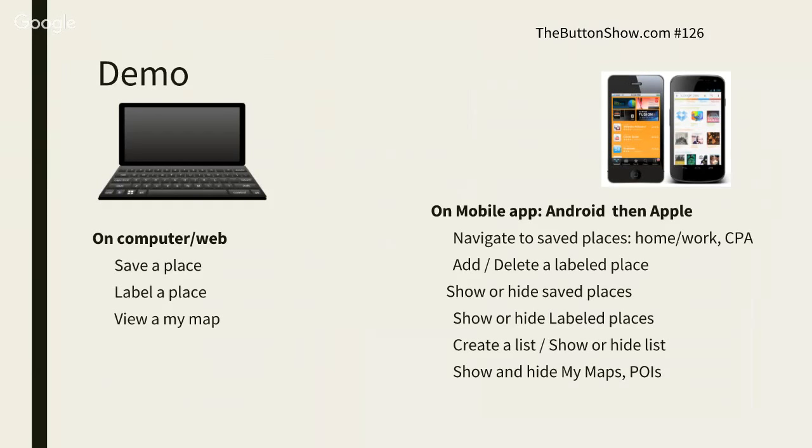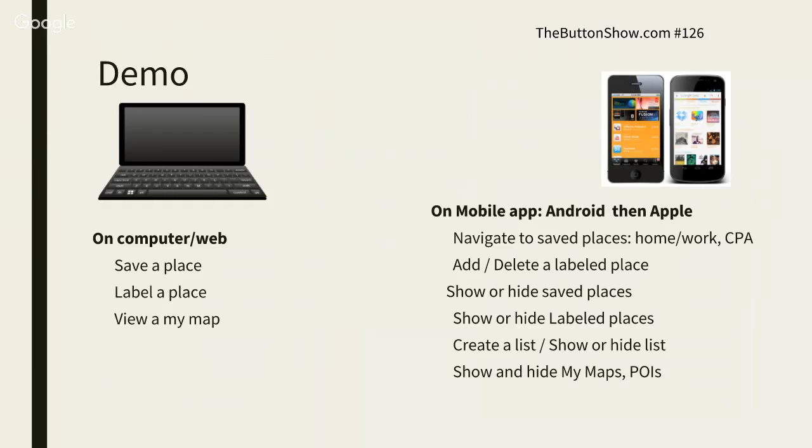So I'm going to demo. First, I'm going to demo a couple of things just on the computer. I'm going to save a place. I'm going to label a place. And I'm going to view a My Map. Then I'm going to go over to the phone. I'm going to spend most of the time on the Android phone and show you navigating, adding, deleting, showing and hiding,